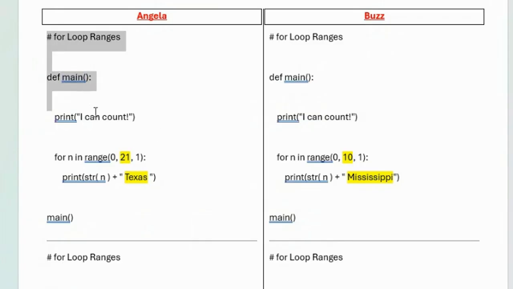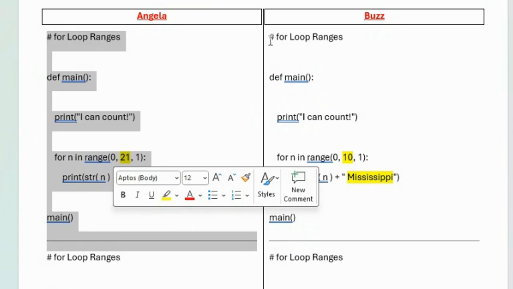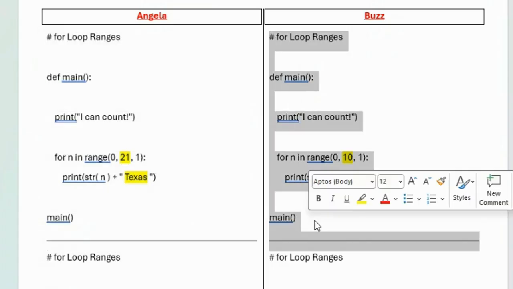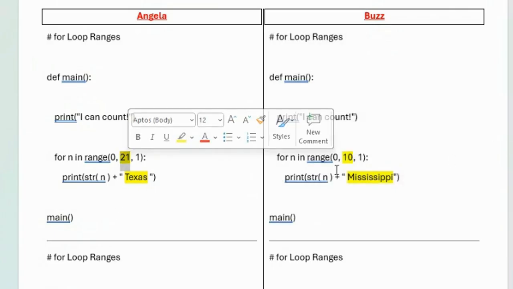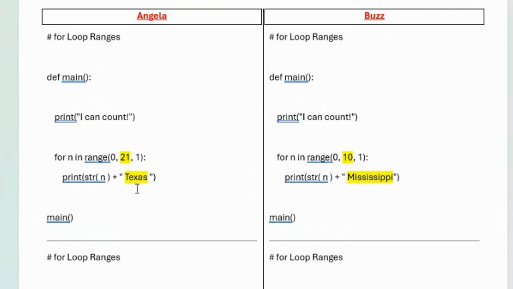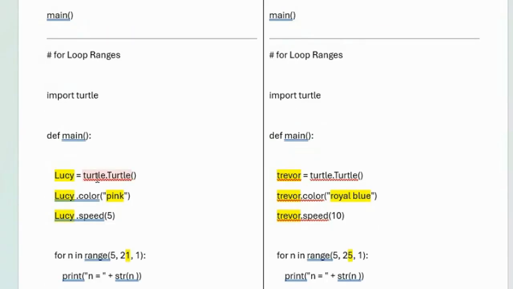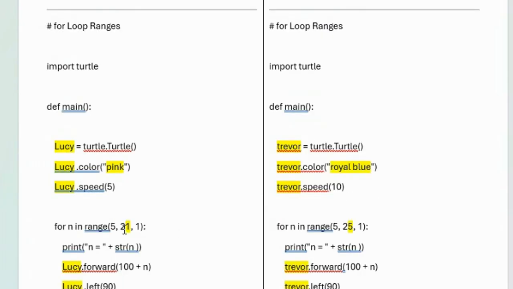Here was what you turned in. Here's what the first program was on that page. You copied all 6 from that same page. All you changed was the number of loops, and you changed Mississippi to Texas. So you didn't write any code. I'll just go in and change some of their numbers and stuff. I'll just rename the turtle Lucy instead of Trevor, and have Lucy get a pink pen instead of a blue pen, and I'll change it to go to 21 instead of going to 25.